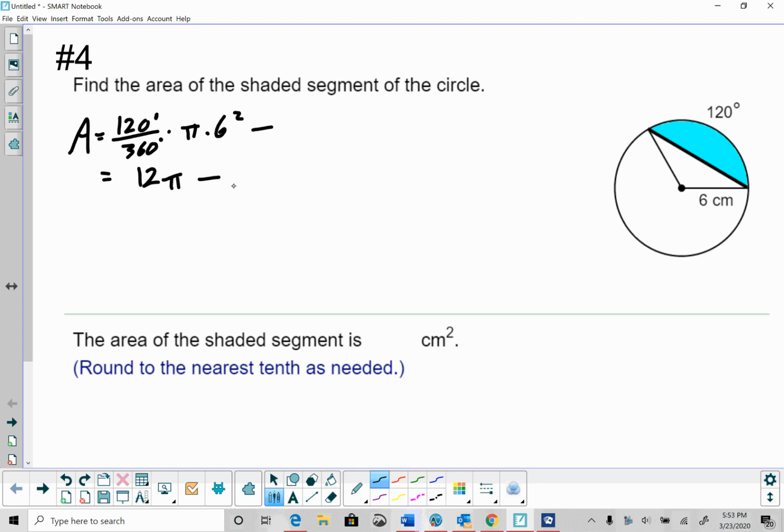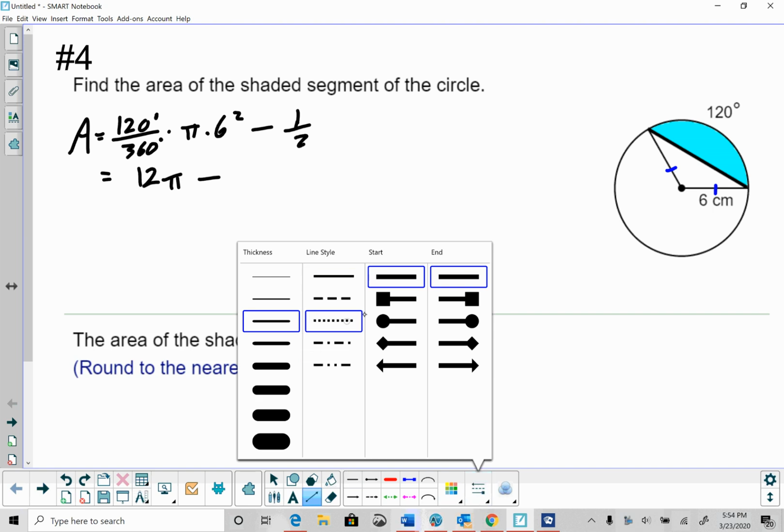Now, let's talk about our lovely central triangle here. Again, it's isosceles because two of the sides are made up of radii of the circle. They have to be congruent. So that means our central angle is the vertex angle for the triangle. And if we want to go with 1/2 base times height, yeah, at this point in time, we don't know either of those. So